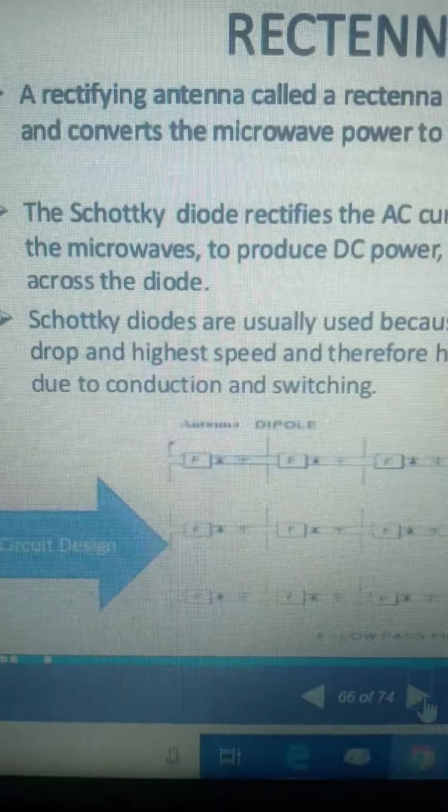This is the mobile phone in which this wireless charging technology is implemented, the Nokia Lumia 1020 model. And as I said, the major problem is that the battery is not user replaceable, and the cost of this mobile is also too high, around 50,000. That is one major problem, and the battery is also not user replaceable.